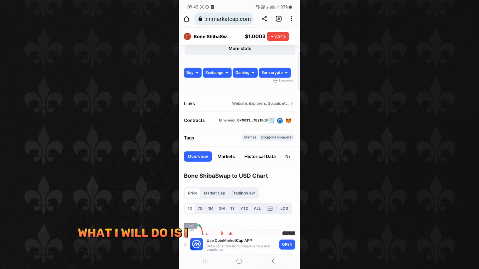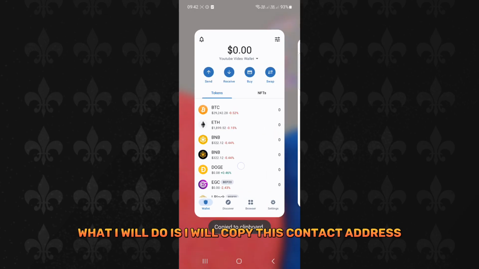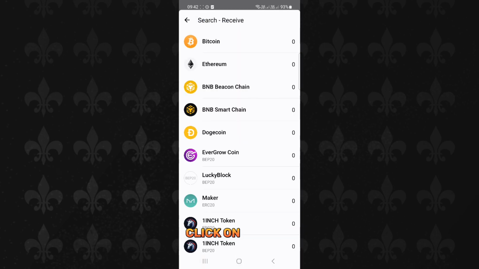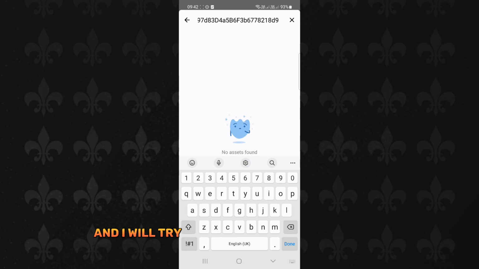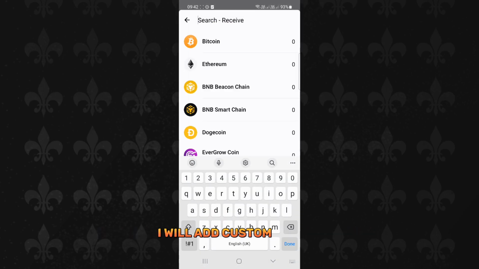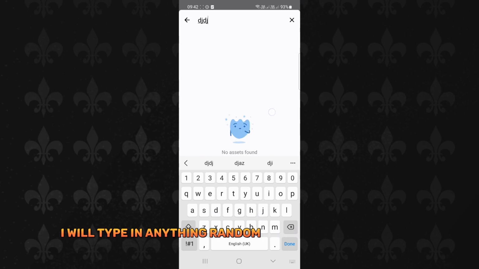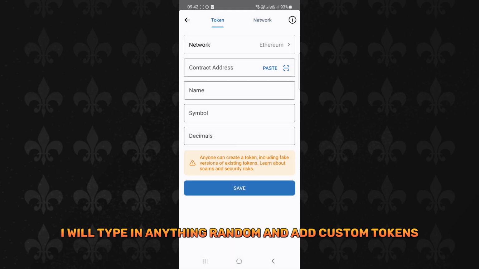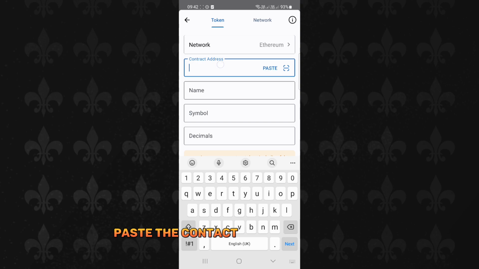What I will do is I will copy this contract address, go to my Trust wallet, open it again, click on receive, and I will try to paste the contract address. No assets found. So I will add custom tokens. I will type in anything random and add custom tokens, paste the contract address over here,